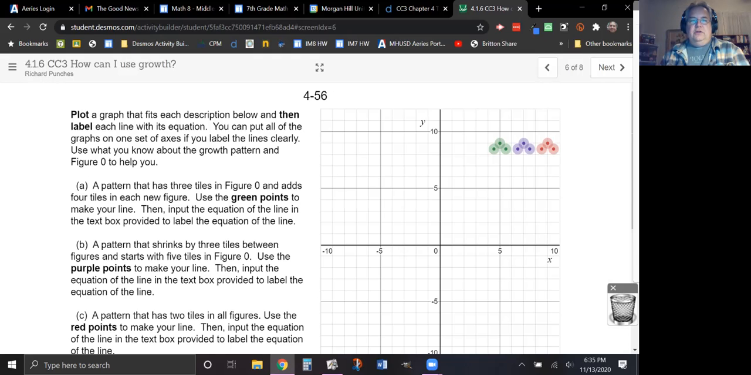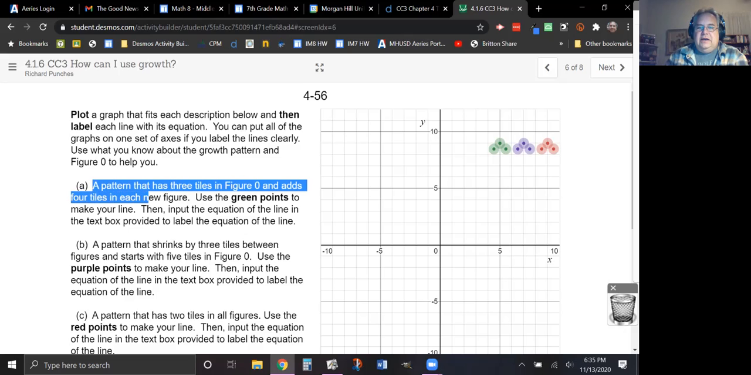You can put all of the graphs on one set of axes if you label the lines clearly. Use what you know about growth of pattern, figure 0, growth rate, and growth pattern to help. All right, so this time they're going to give us some clues. A pattern has 3 tiles in figure 0 and adds 4 tiles to each new figure. So they tell you you have 3 tiles in figure 0 and you're gaining 4 tiles every time you